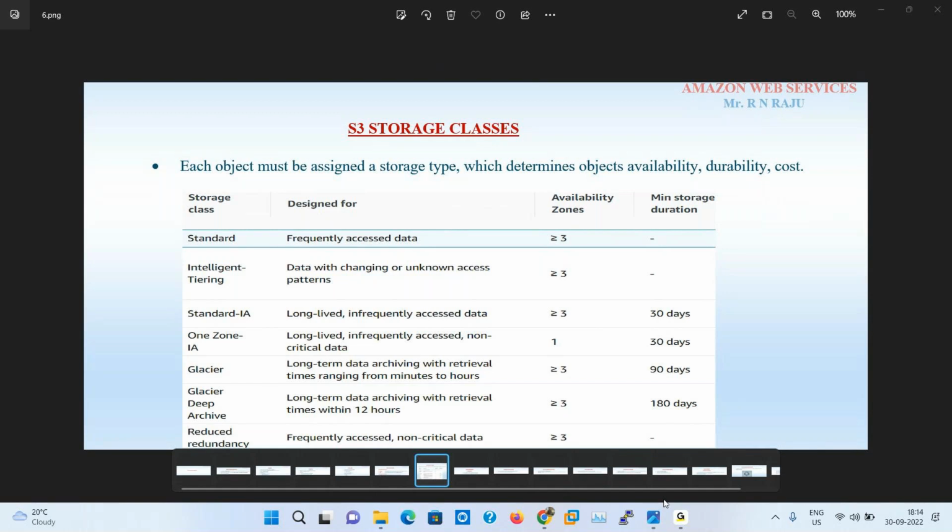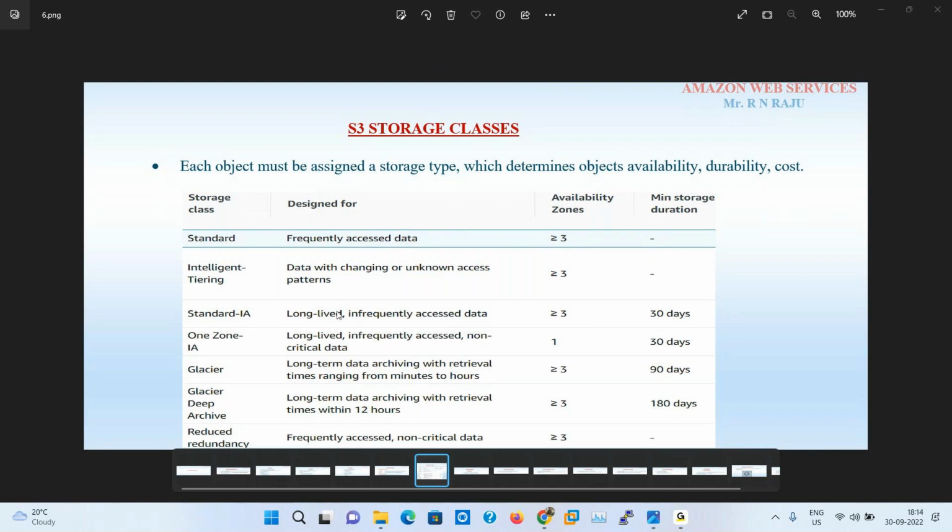For example, if you select the storage class Standard, then the data is frequently accessible data. You can access those objects anytime, and your data is replicated to more than three availability zones. If you upload an object in a bucket in, for example, the Virginia region, then your objects are replicated within the region across multiple availability zones, I mean more than three availability zones.